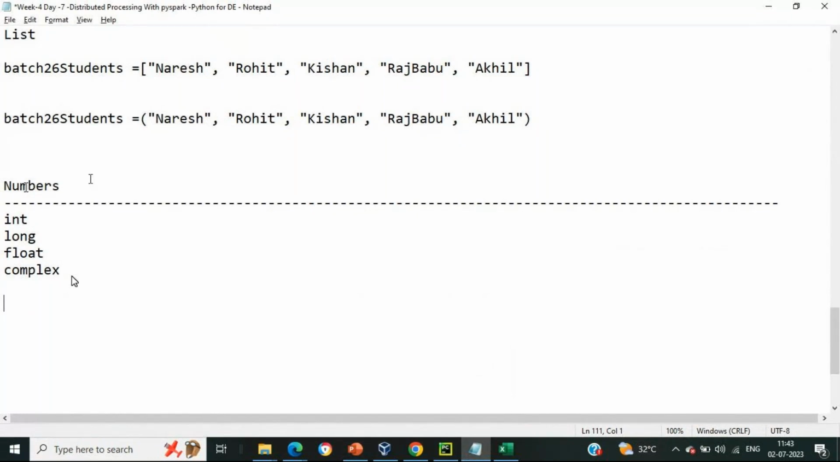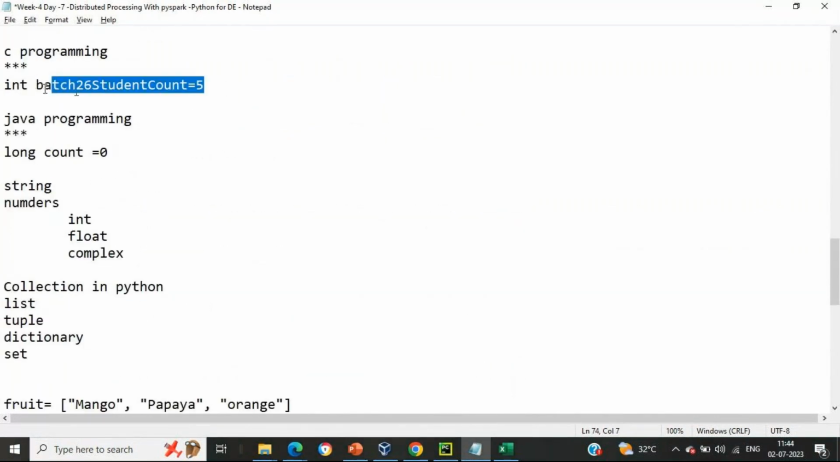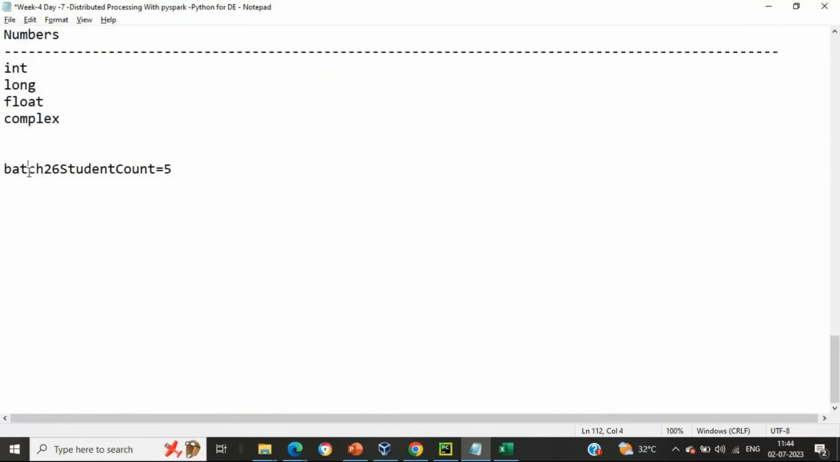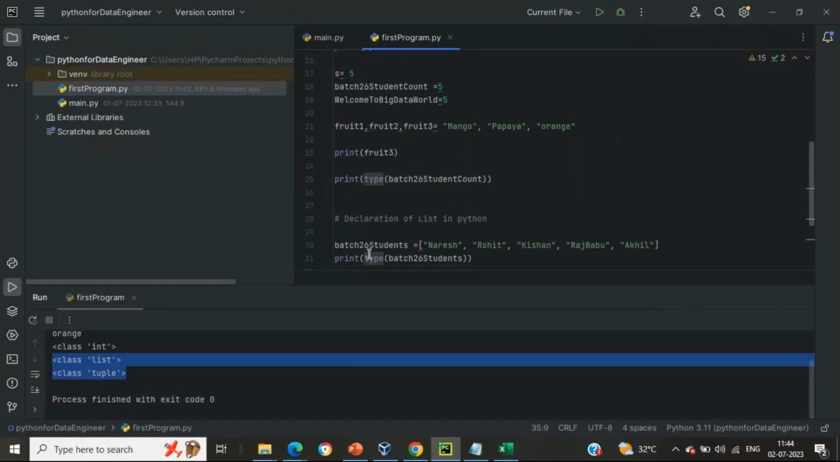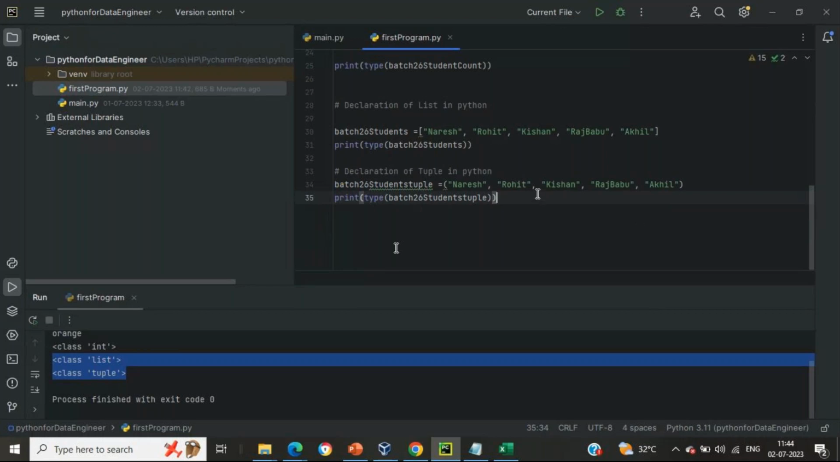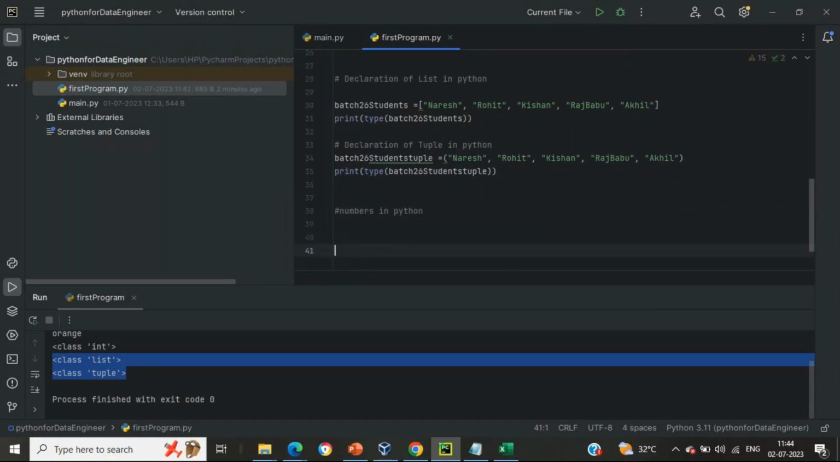What we have mentioned over here, let me take percentage, student percentage, is 5.5. So like it is going to take numbers in Python. So 5.5, it is going to take it as a float,